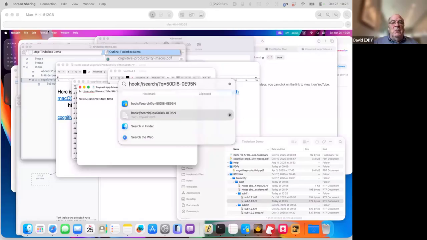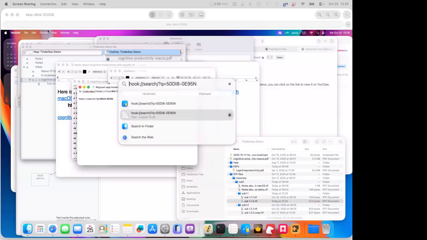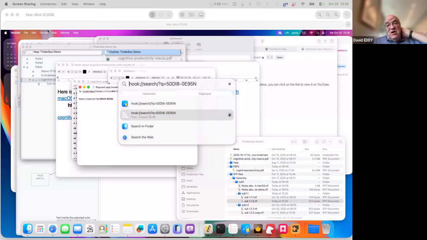It's been really good for us. Thanks so much, Luke. Would it make sense to use Hookmark, talking to Tinderbox, and Tinderbox does the visualization? Well, you guys could tell me whether that would make sense. I mean, the Hookmark